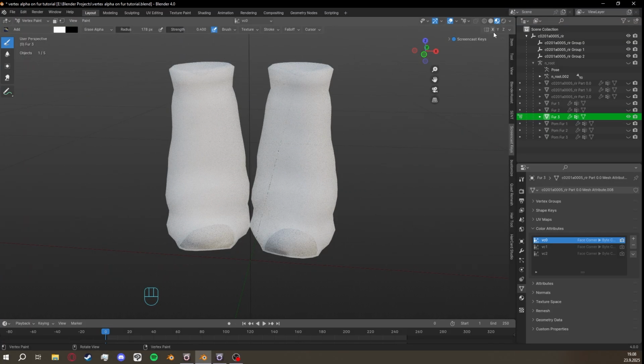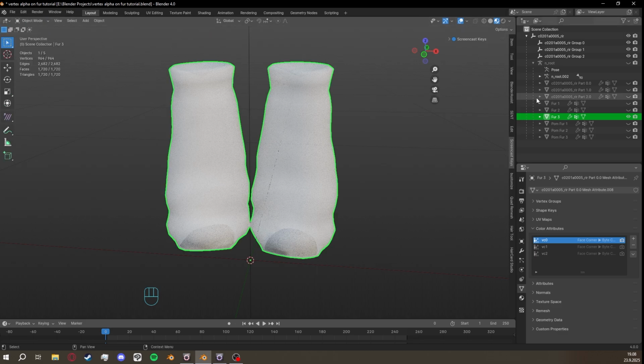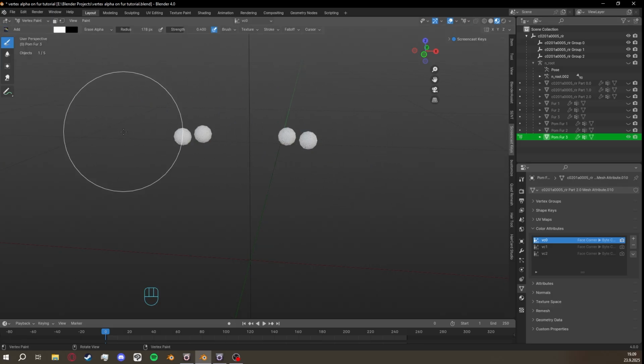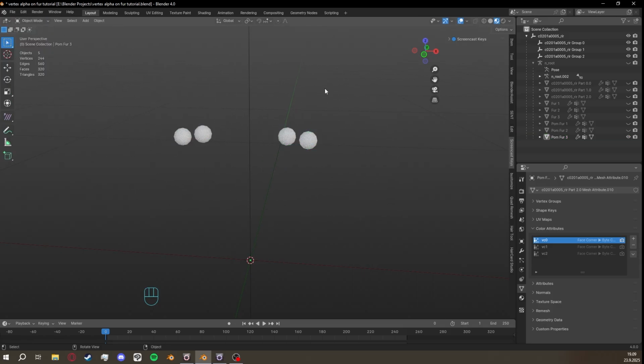It seems you have to re-enable the symmetry tool each time, maybe. Or then I'm dumb, I don't know. Or maybe I just undid things too many times and it reset it. I don't know. Anyway, Pomfret 3. There we go. And now,